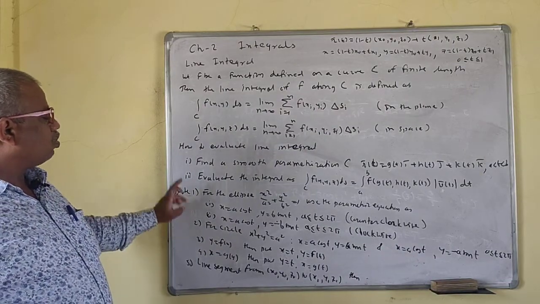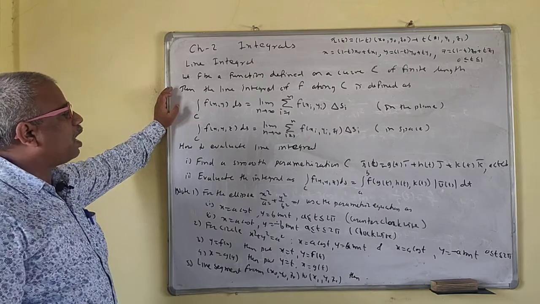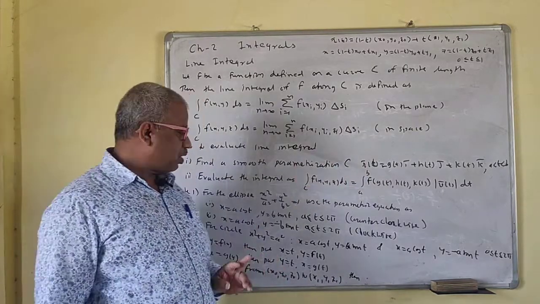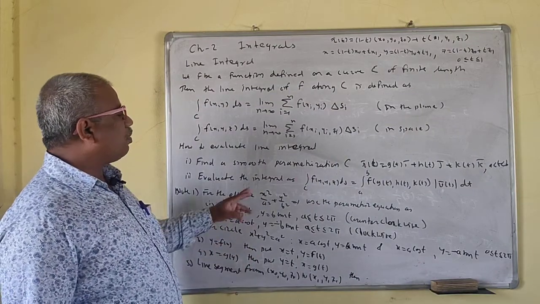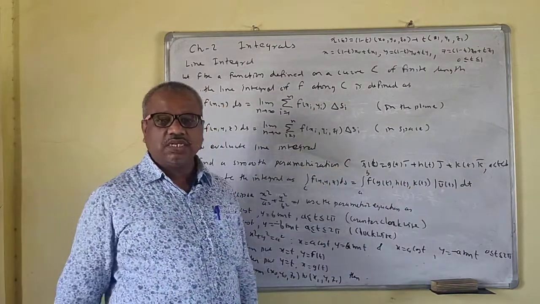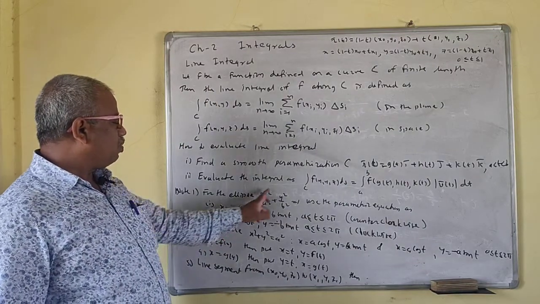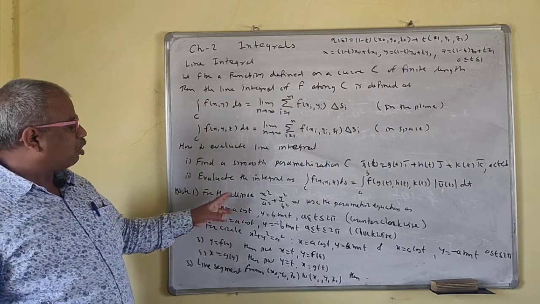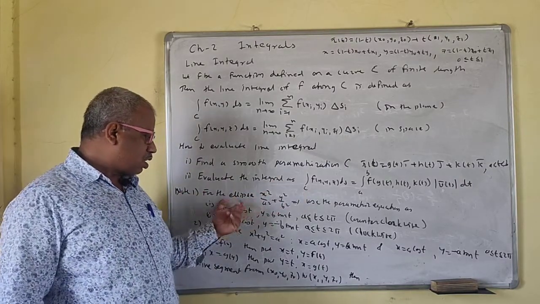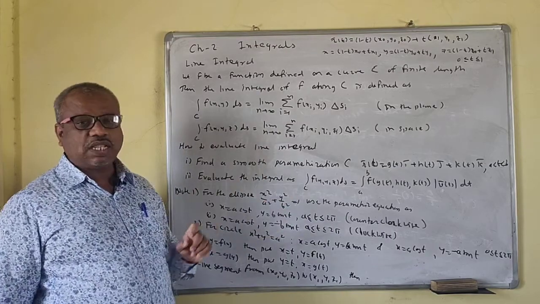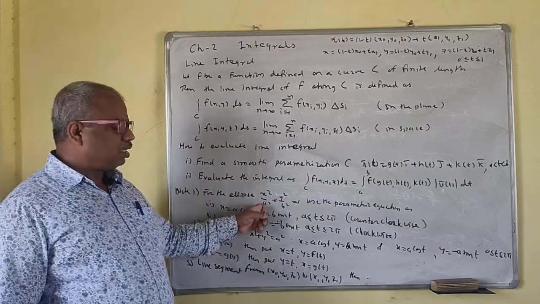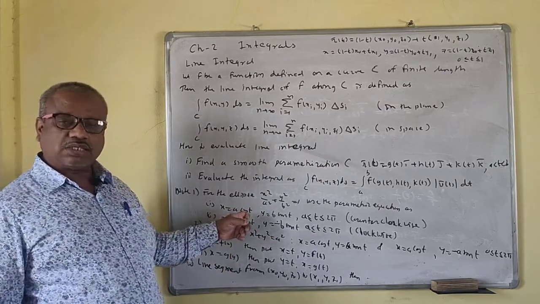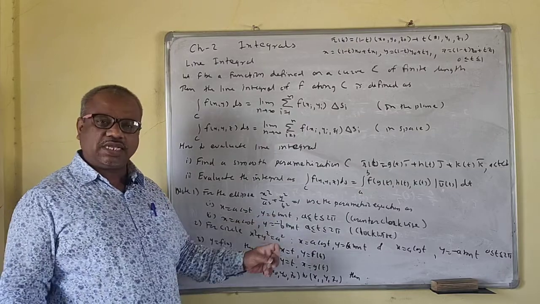Now note that, suppose along the path C, an ellipse is given to you. So you have to find this r bar of t. R bar of t means x i bar plus y j bar plus z k bar. If you have the line integral along the curve C, where C is x square plus y square, you need the r bar of t. For this ellipse, x is equal to a cos t, y is equal to b sin t, that means your r bar is a cos t i bar plus b sin t j bar.